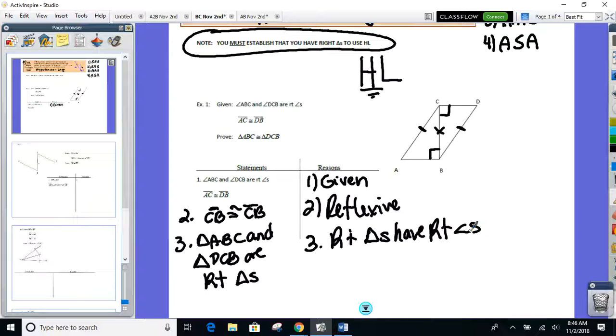Which means before you tell me that, you better have right angles in your proof. All right, and doesn't come after. All right, so let's go through the checklist right now. Do I have the hypotenuse congruent? Yes, that was given. Do I have a pair of legs congruent? That was reflexive. Did I tell you they're right triangles? Yes. Okay, so now you can tell me they are congruent